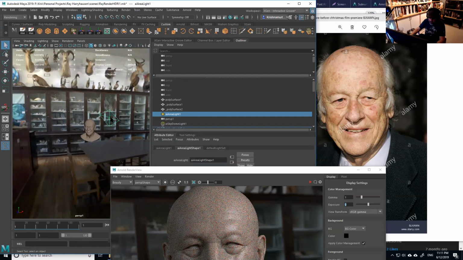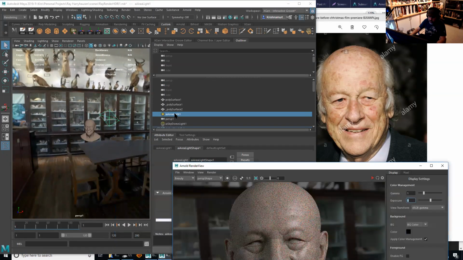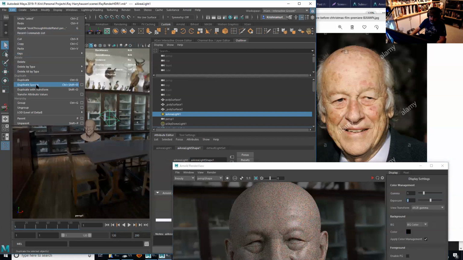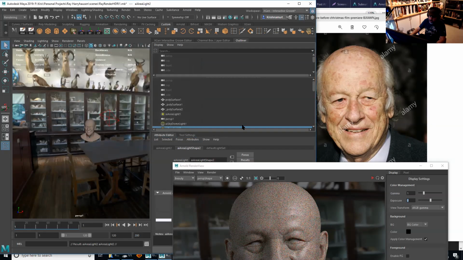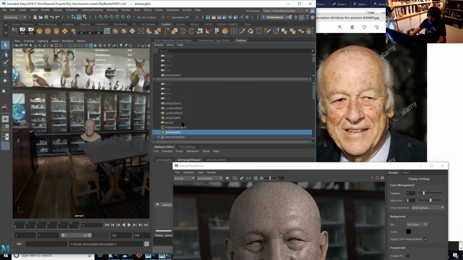So for the flashlight, what I did for my render is just duplicate this area light so I don't lose it. To duplicate it, normally if you just press Control D, it loses the connections. So the best way is to go to Edit, and you go to Duplicate Special and click this little option box. And then here, just click group under world, so basically there's no group, right? And then you just keep this one clicked, duplicate input connections. So now it's gonna duplicate with all the connections you need to have this lighting functional.